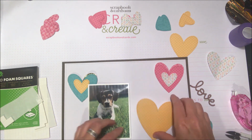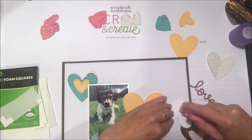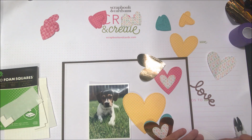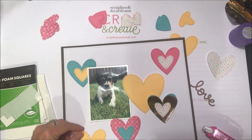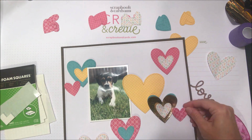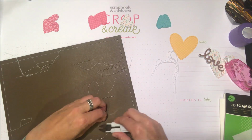I was having a hard time deciding on all the lovely patterns and what would go really well with the foil without having it too much foil on my page. So I ended up going with a larger heart with a smaller one in the middle, and then I did layer some foil behind one of the pattern paper pieces, and I'm just going to keep going building different variations of the large with the small, and I'm going to add some plain small ones in as well just for